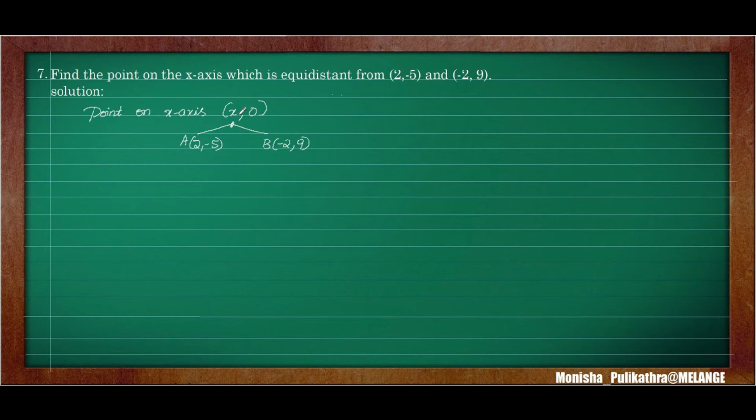So if this x point is at equal distance from these 2 points, we need to find out the value of this x. Fine. So here, for the point on x, we need to first find out the distance of